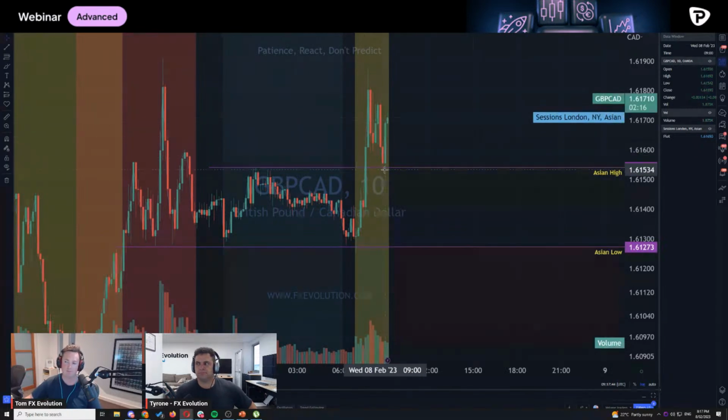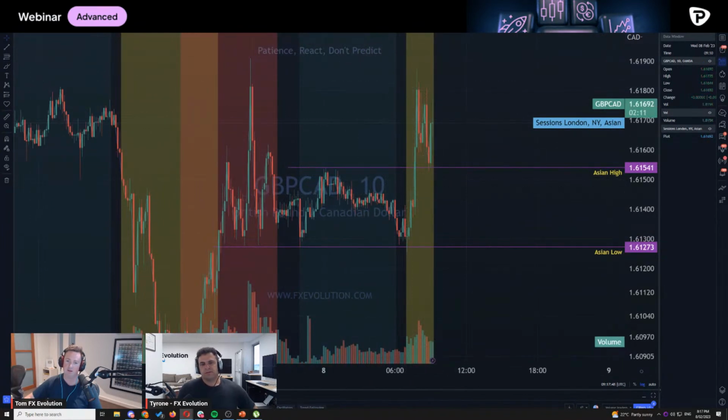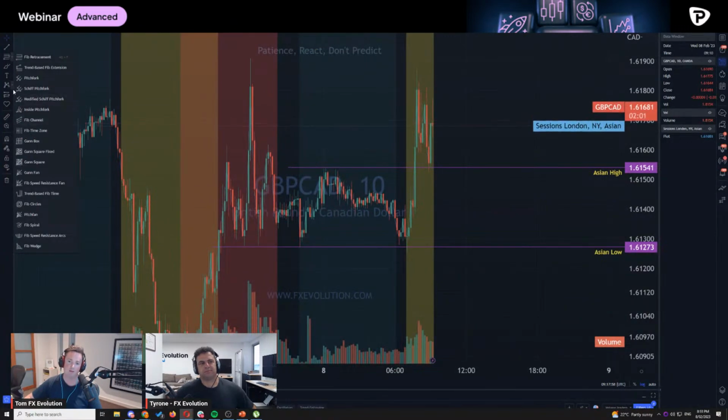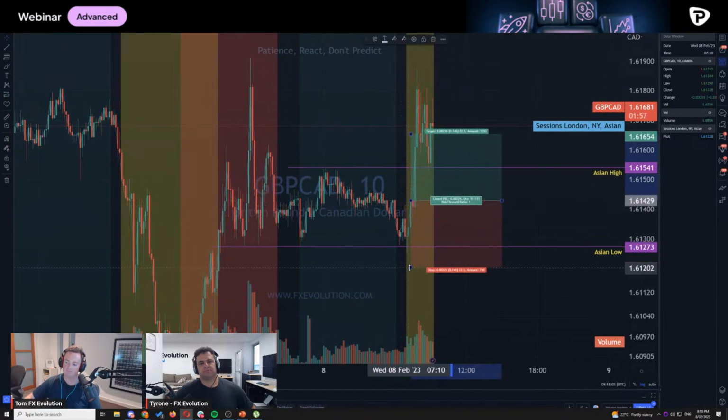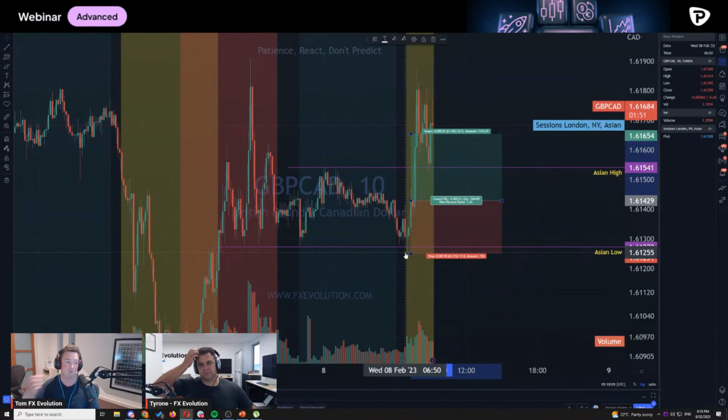So there are other examples we could obviously bring up, but you can see the ramifications of what's occurred, and then it moves to that next level of resistance or supply pretty quickly. It's a good little trade. And even if you waited until the market broke through, which is pretty much what you should have done, you would have entered here. You would have had your stop loss underneath that, because you've already seen the swing, so you don't expect it to swing again. So it gives you a great level to put your stop loss.